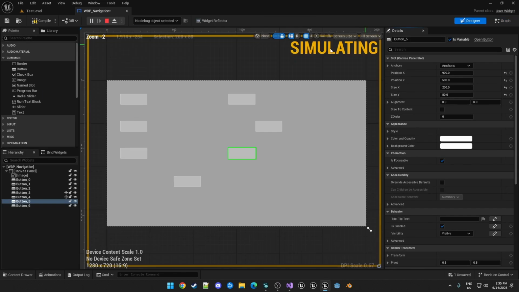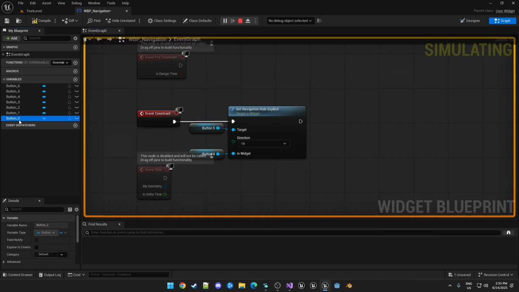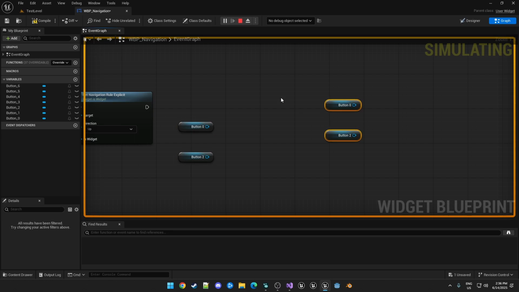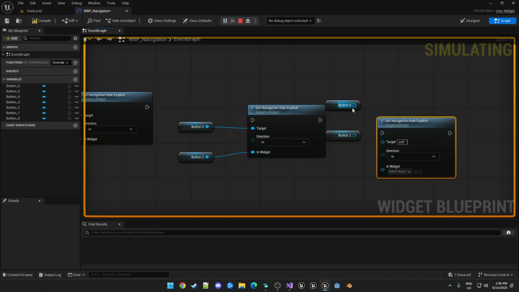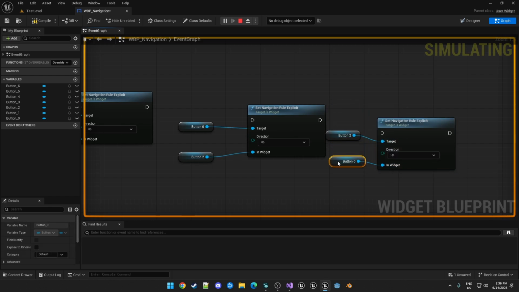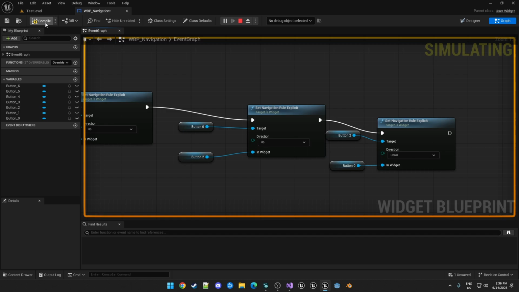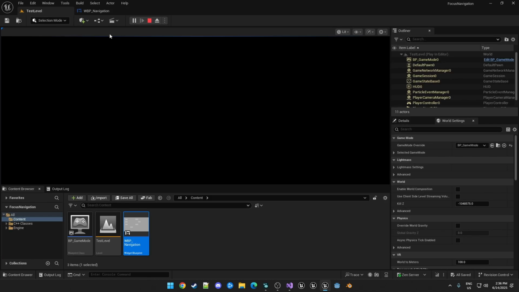And then similarly, we had over here buttons 0 and 2. So I'll take out button 0 and 2. And then I need these both over here. So from button 0, we want to go up to button 2, and then we want button 0. We want button 2 to go down. I'll just leave that messy for now. So now when we run this,